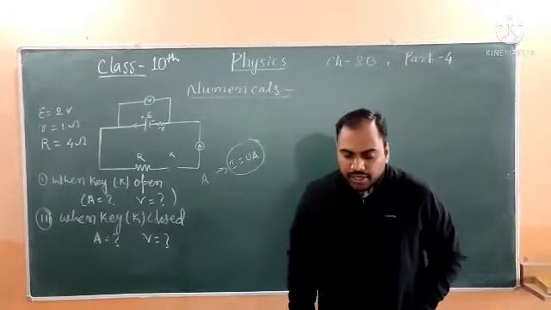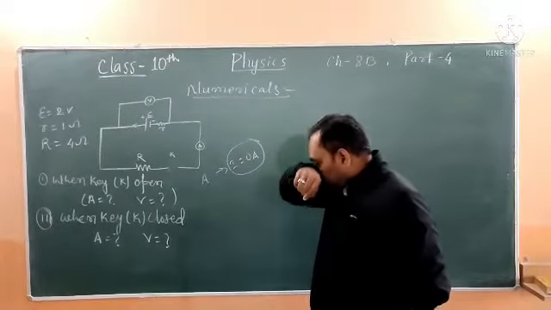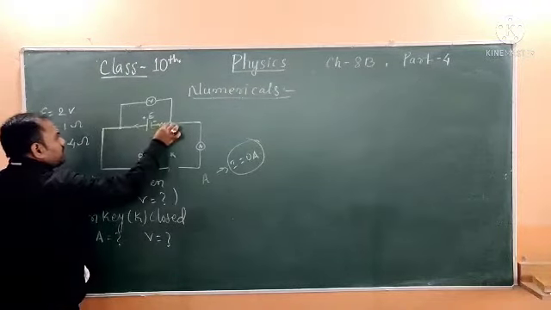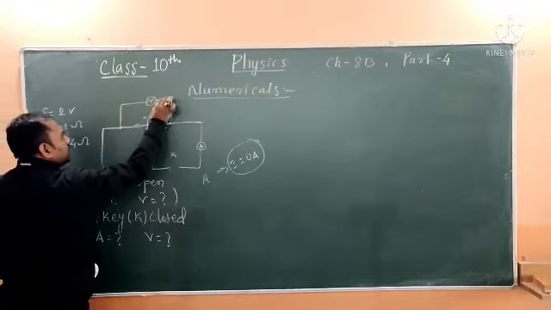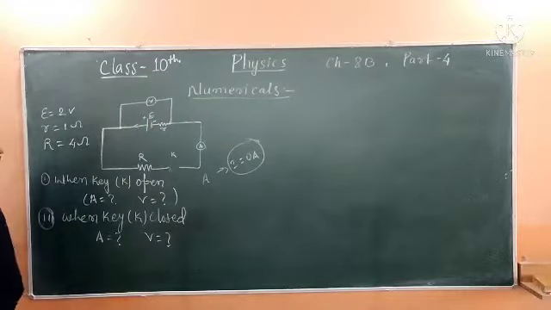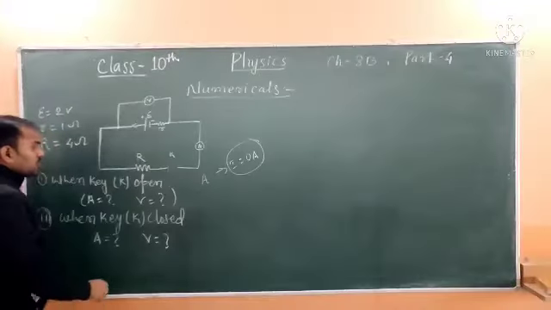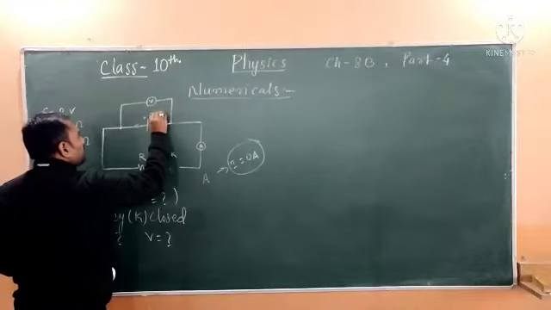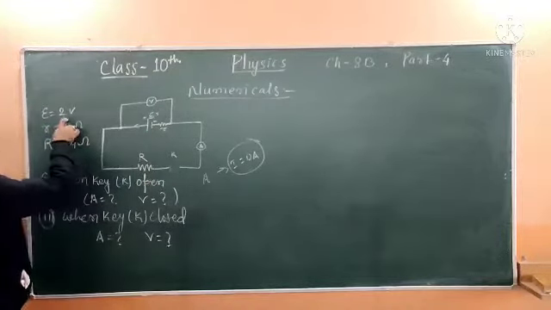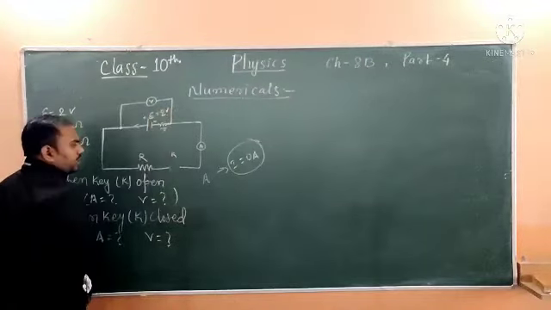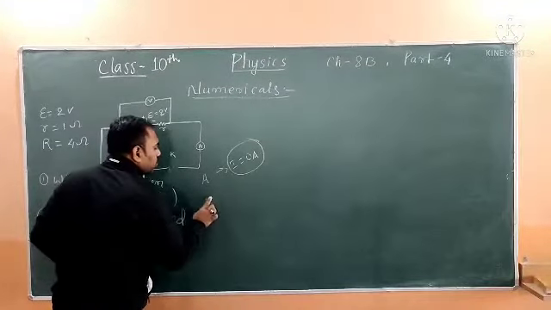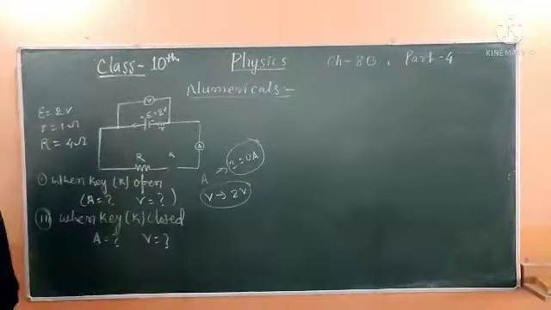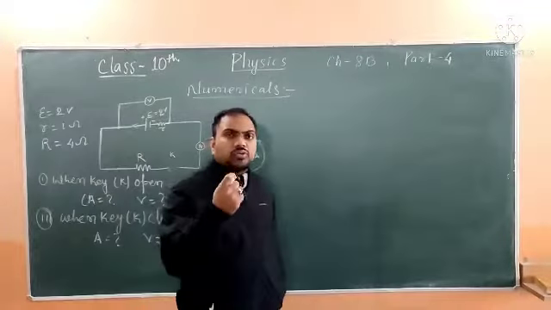Now the reading of the voltmeter. Dear, understand, as the voltmeter is connected across the cell, that is the EMF, what will be the reading of this? The reading will always be the same when it is open, as it is given, 2 volt. So the voltmeter reads 2 volt. The original EMF of the cell will be shown by the voltmeter.